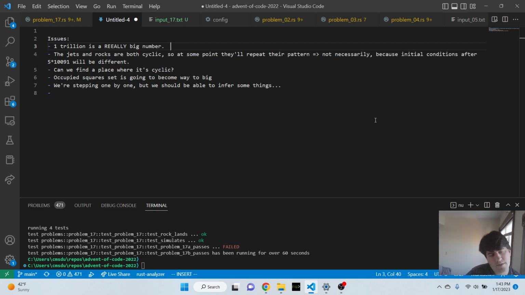Just thinking about, like, right now we're very letter of the law going, a jet blows in some direction, it falls 1 unit. A jet blows in the direction, it falls another unit. And so I was thinking, can we collapse those into one bigger operation that's just like, it falls N, and it gets blown around N? The trouble with that is